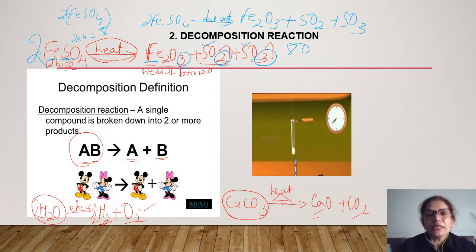Okay, so this experiment is important. You should know about this experiment because you may be asked questions based on this. You may also be asked to draw the experiment and explain it. So you just need to put a burner and the test tube showing, labeling all the parts, saying it is ferrous sulfate, and then the products, sulfur dioxide and sulfur trioxide as gases, and Fe2O3 at the bottom of the test tube, which is dark brown or reddish brown in color. Okay. So I hope you have understood this decomposition reaction.